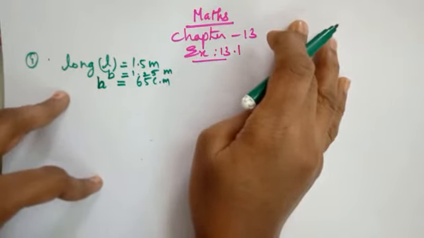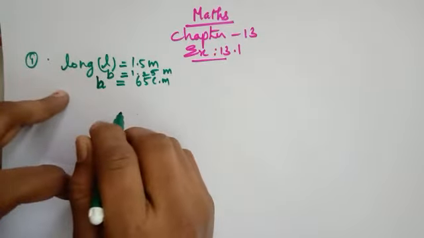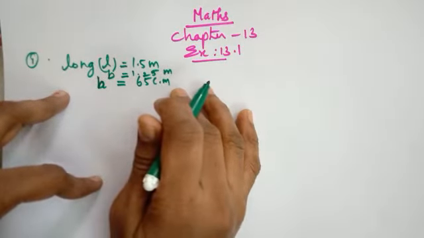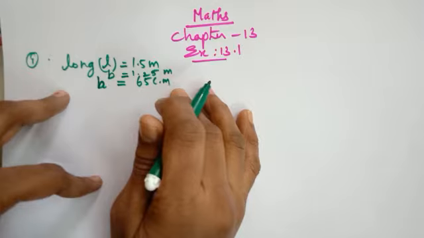Okay, first question: a plastic box 1.5 meter long, 1.25 meter wide and 65 centimeter deep is to be made. It is open at the top. Ignoring the thickness of the plastic sheet, determine: